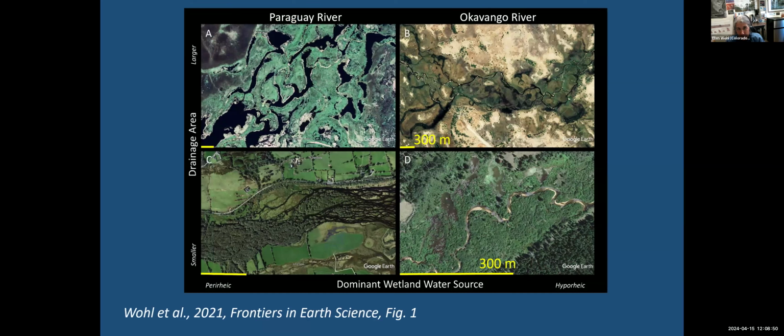Another aspect of both perception and environmental context: most of us, when someone says river, think of the active channel, not a system that's got a lot of connectivity between secondary channels that branch and rejoin, either anastomosing as you're seeing here or braided. Not necessarily a channel that has a lot of connectivity to floodplain wetlands, as you see in the lower right. So the paper that I'm referencing here, we were just trying to make the point that these highly connected river wetland complexes were much more common historically than they are in many parts of, certainly, the temperate latitudes today.